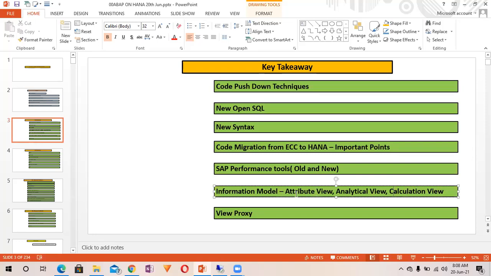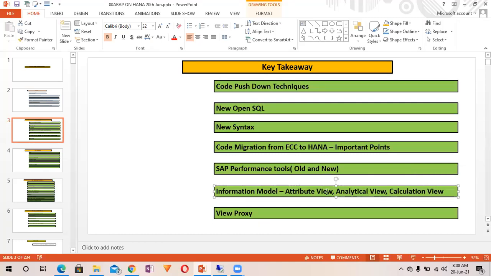This is a graphical editor tool with its own benefits and limitations, but not that much flexibility. Due to that, the information model did not get much popularity and hence is not going to be an important topic. However, the calculation view is still very popular among BI or BW developers.